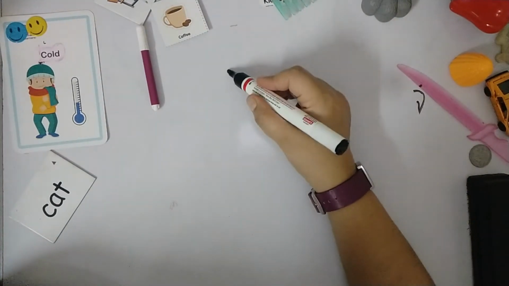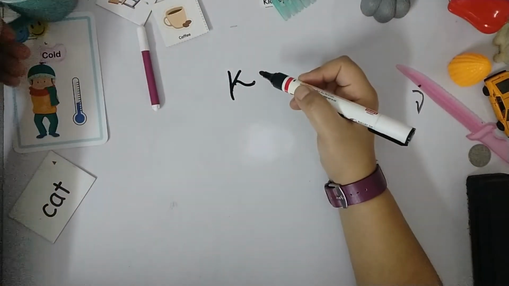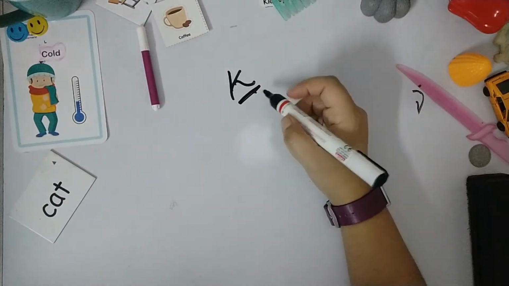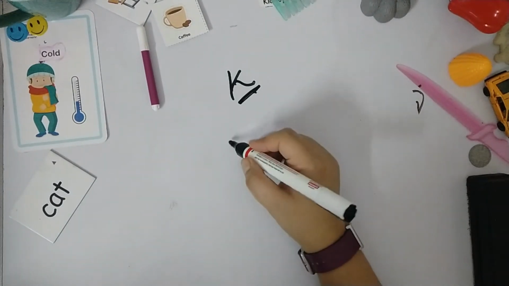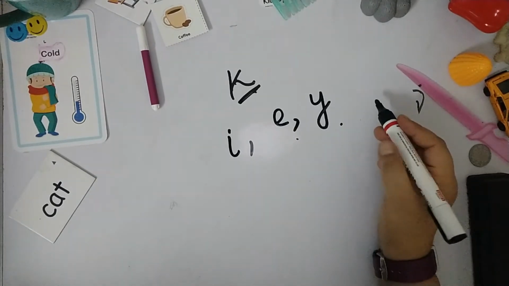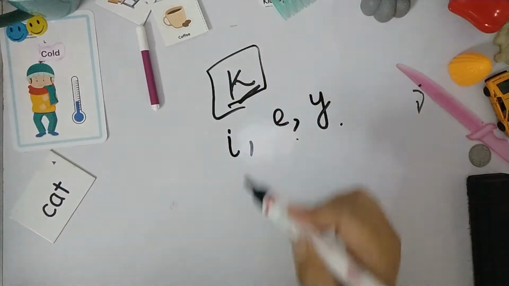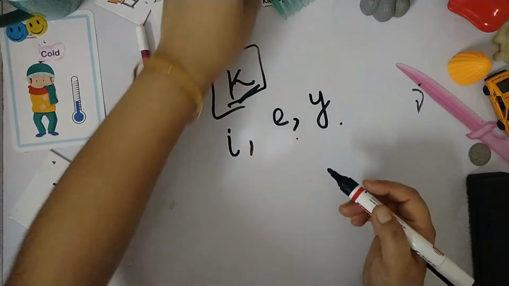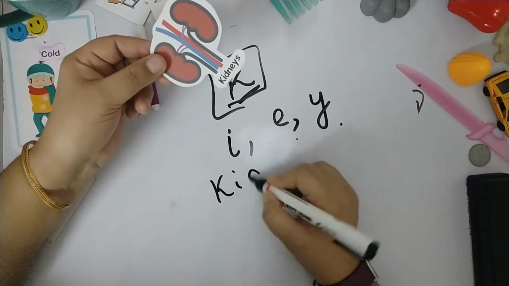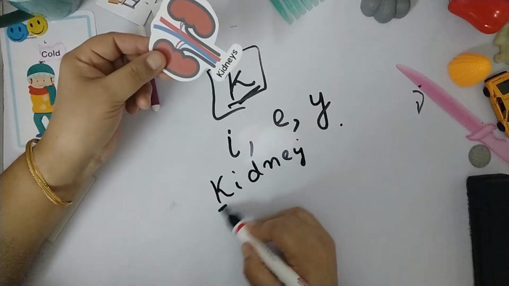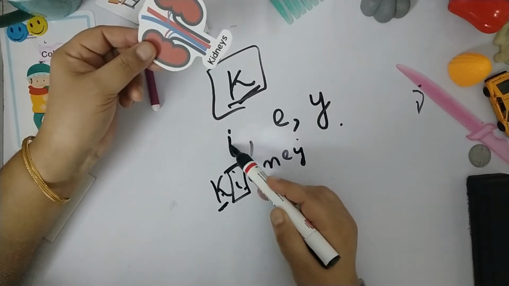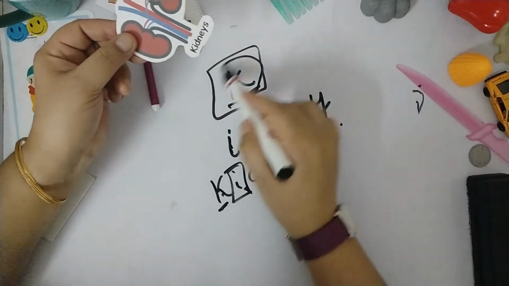Now let's see in which scenarios we'll use K. Whenever you listen k sound, because the sound of K is also k, whenever k sound is followed by vowels I, E and Y, in those scenarios you will use letter K in spelling. Consider the example, suppose we have the word kidney, right? You can show this image to the child. So here in kidney, k sound is followed by vowel I. So whenever k sound is followed by vowel I, E and Y, you can use letter K.